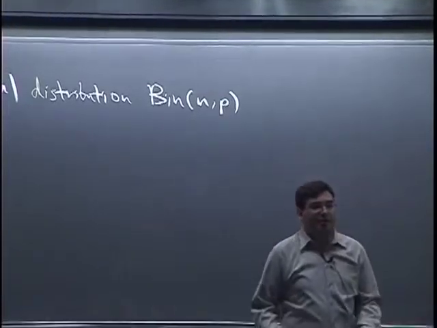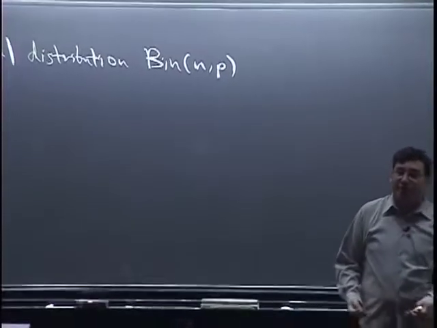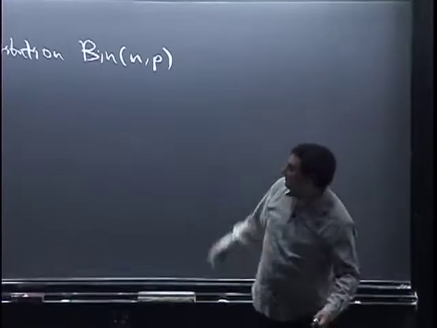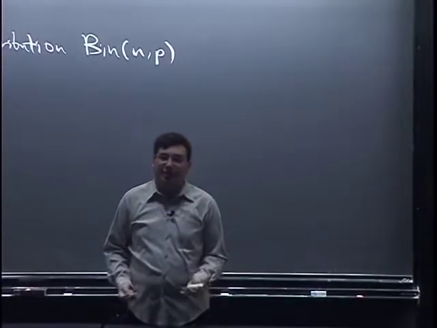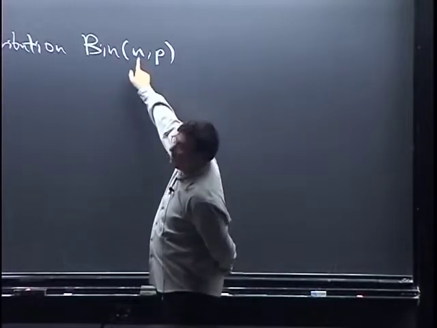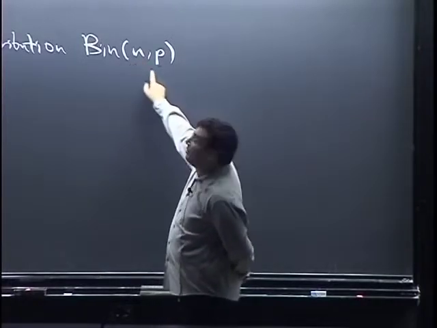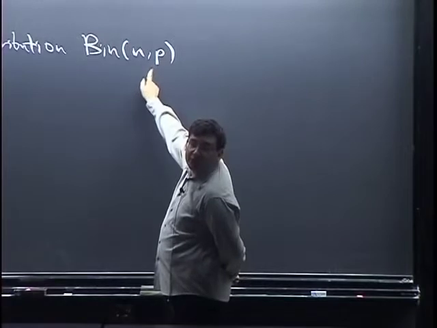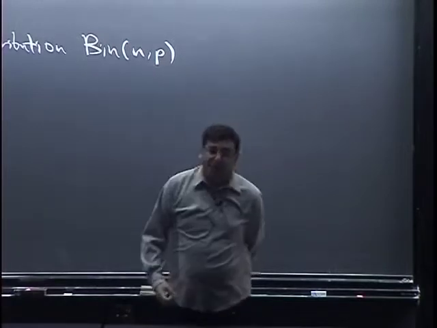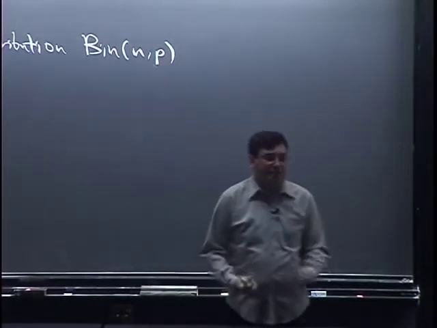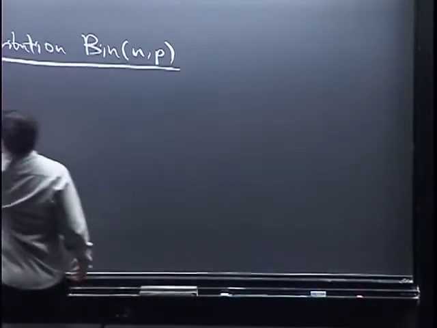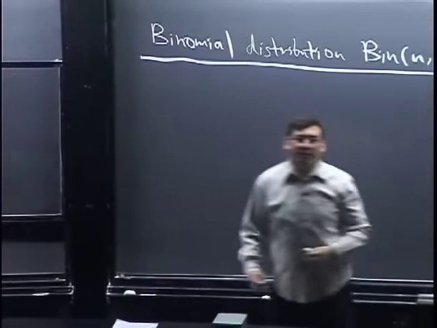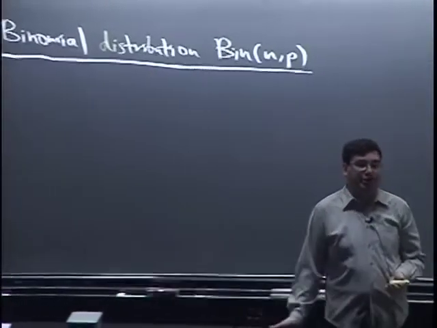If you change the parameters, then you have a different distribution. It's still called a binomial distribution. So strictly speaking, there is not just one binomial distribution. There's a whole family of binomial distributions, because n can be any positive integer and p any real number between 0 and 1. So for any n and p, we have a Bin(n, p) distribution. Well, what is that distribution? There are actually three important ways to think of it,